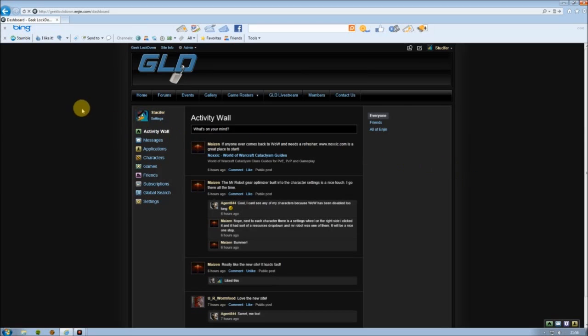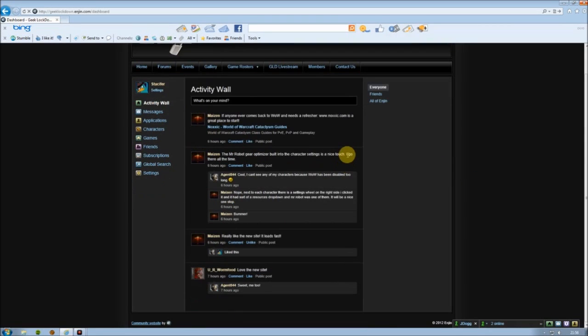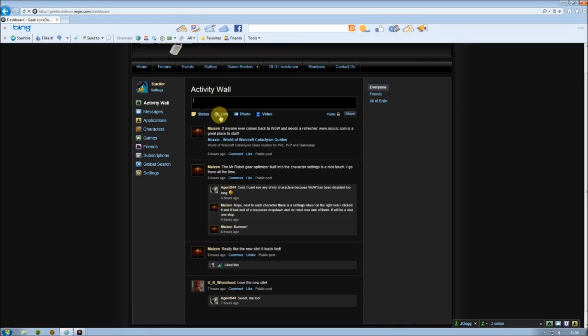It takes you to your dashboard, which is an activity wall for all of your friends, very much like Facebook. So anything anybody posts on their walls that happen to be your friends, you can see that information here, as well as like, comment, or otherwise. You can also post from here on your wall. Anything that is set to public is something anybody in Engine can see. If you don't want that, you can just switch it over to friends,